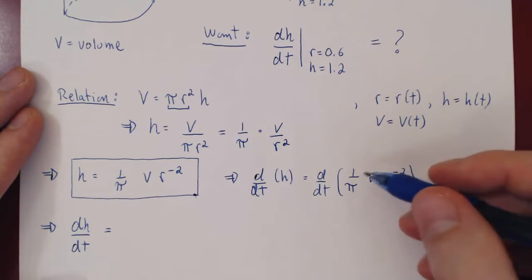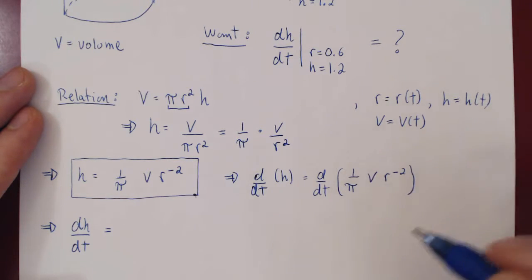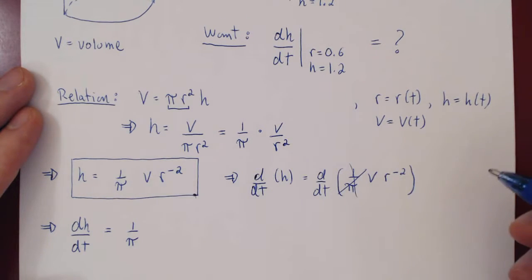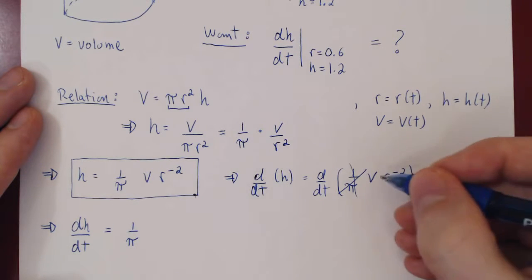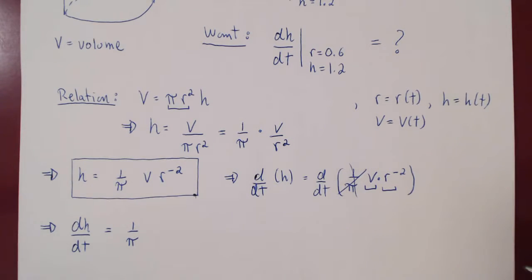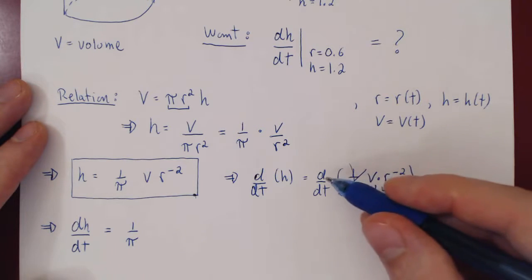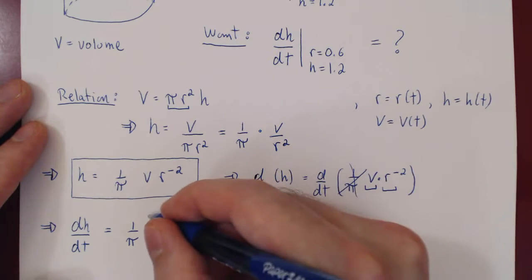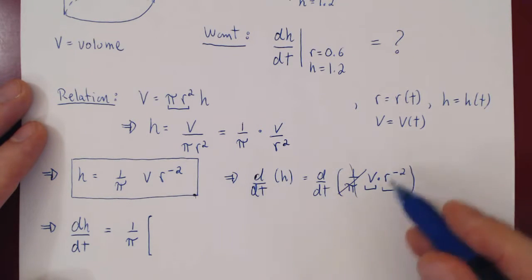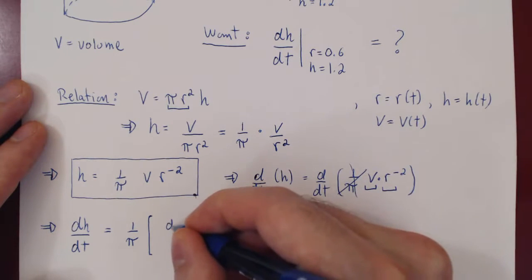That's equal to, well, here we have 1 over pi times this, but as we've said before, 1 over pi is a constant multiple, so we'll just stay 1 over pi. So that takes care of that. Times, and here you have to be careful. This is V times r to the negative 2. So you have to use here the product rule. So the derivative of the first function with respect to t will give you dV over dt. And keep in mind that the 1 over pi multiplies the entire derivative of the expression, so make sure to open your brackets. So dV over dt